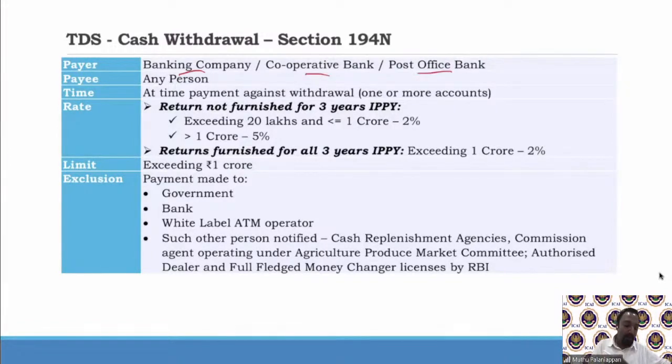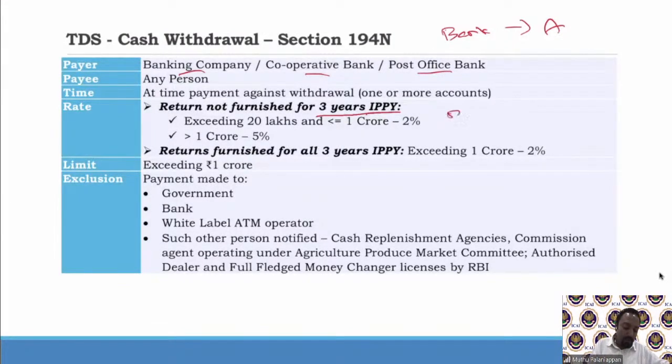the bank is paying. So I am withdrawing, so the bank will pay to, let's say, A. So when the bank is paying to A, at the time of payment, TDS under section 194N will be applicable. There are two classifications. The first classification is if return is not furnished for 3 years immediately preceding the previous year. So currently we are in what? Previous year 21-22. So the return should have been filed for the previous 3 years